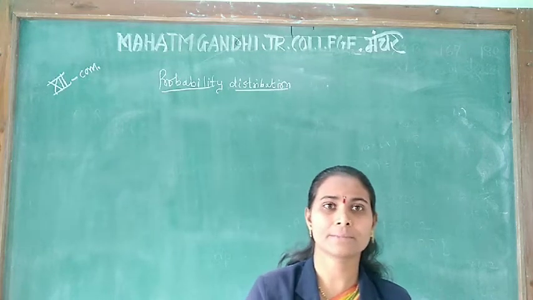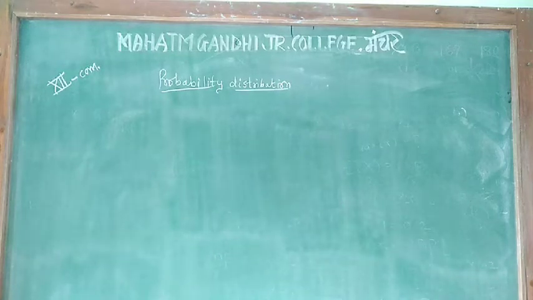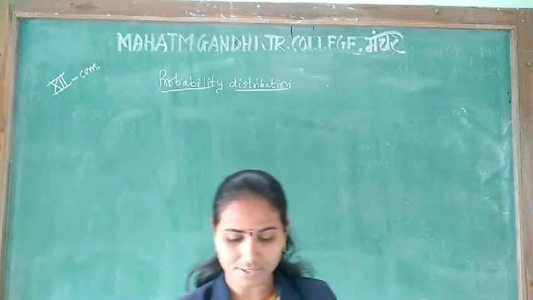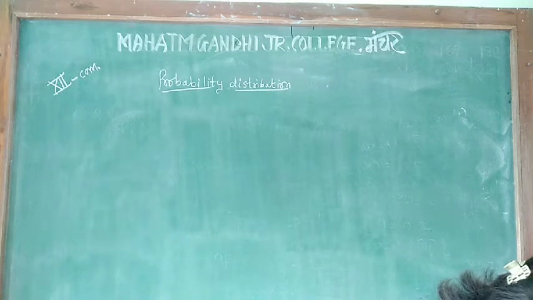Last time we started the probability distribution of a discrete random variable. So let us continue with this random variable. In that lecture, we started to solve our second exercise, that is exercise 8.2.